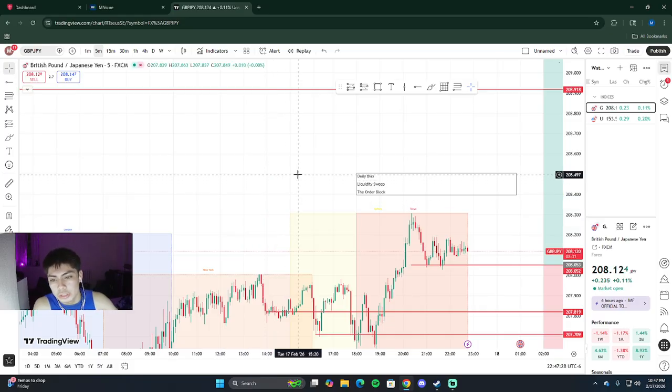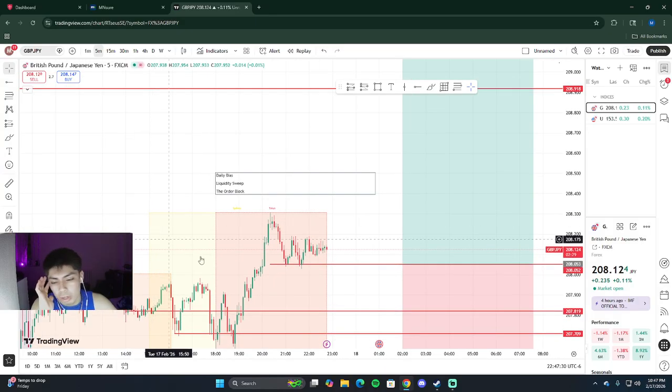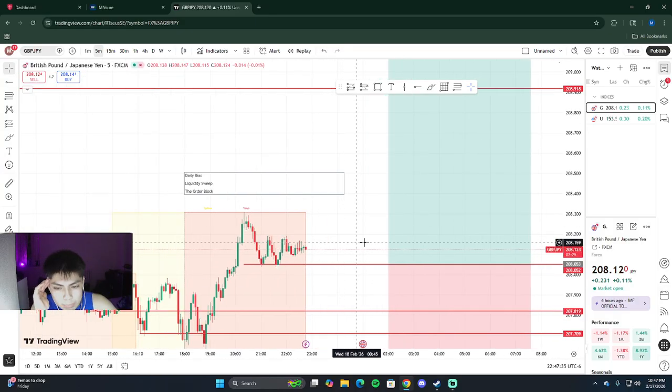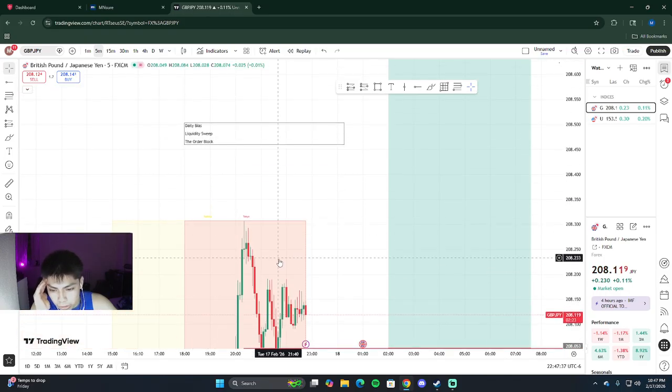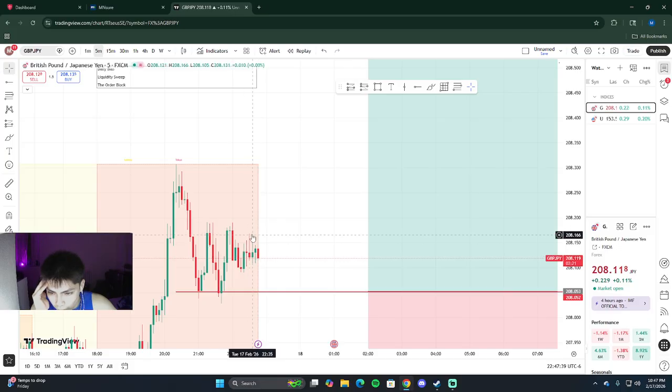I wish I could just speed up progress. Just sweep it. But look at this. Oh my God. Look. Chopping it up and not going anywhere. All this chopping. Look at this. Boom. Ended right here.